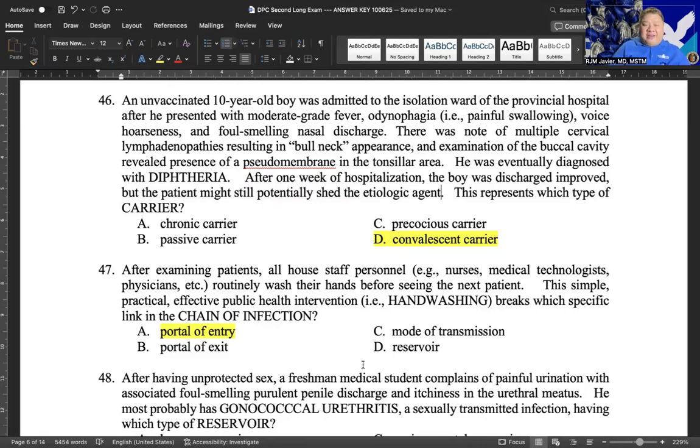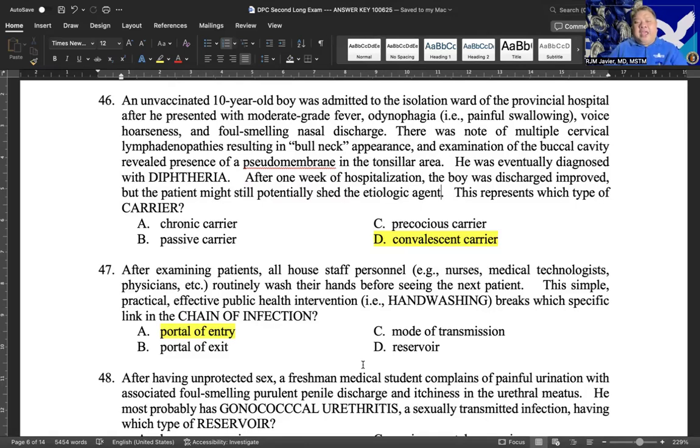Number 47. After examining patients, all house staff personnel routinely wash their hands before seeing the next patient. This simple, practical, effective public health intervention, which is hand washing, breaks which specific link in the chain of infection? If you read your manuals or your review notes in disease prevention and control, or if you refer